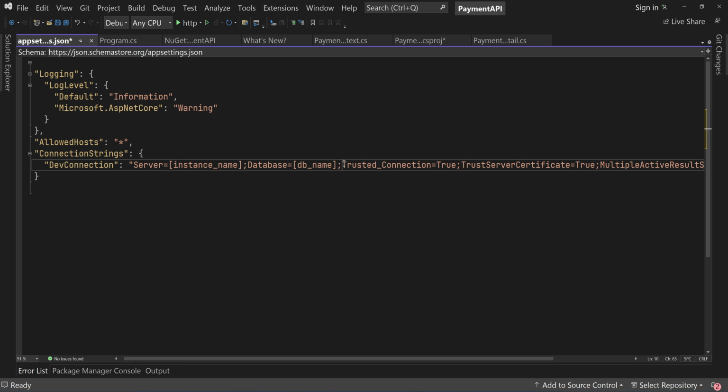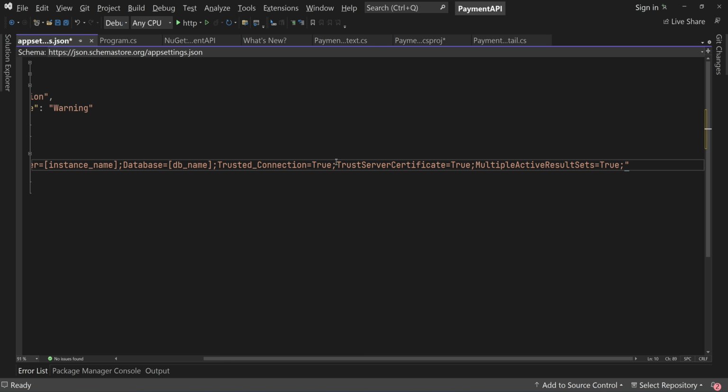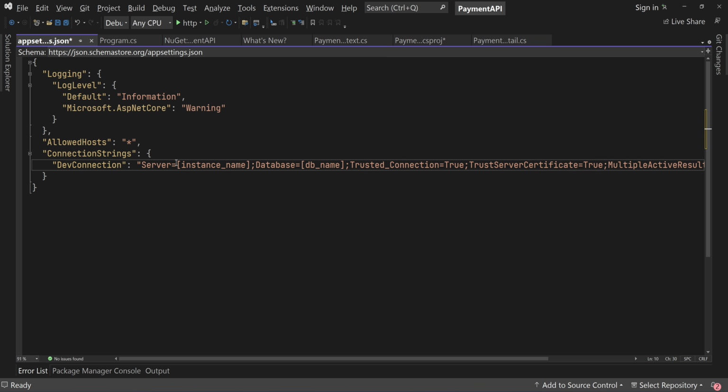Then since we are using local authentication, I will set this trusted connection as true. And then we also need to set this key here, trust server certificate. And finally, in order to execute multiple query batches, we want to set this key MultipleActiveResultSets as true. Now let's provide the proper SQL Server instance name,